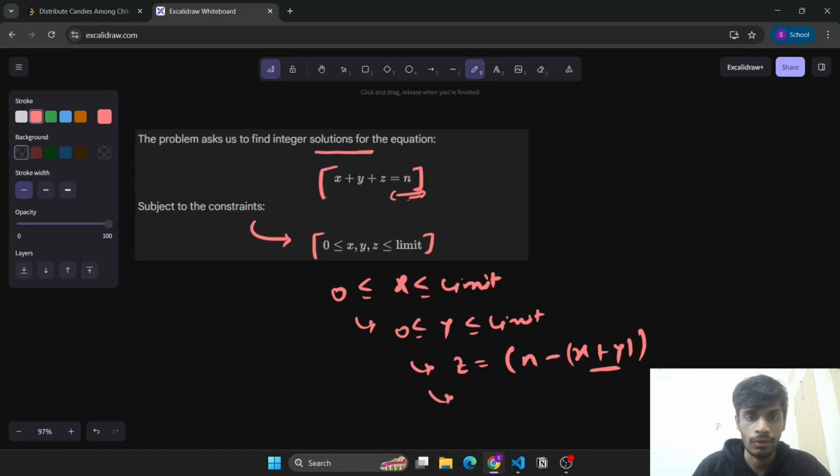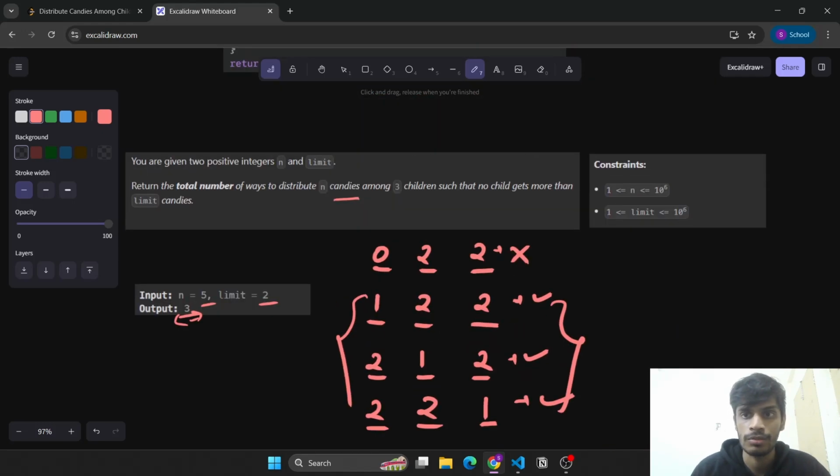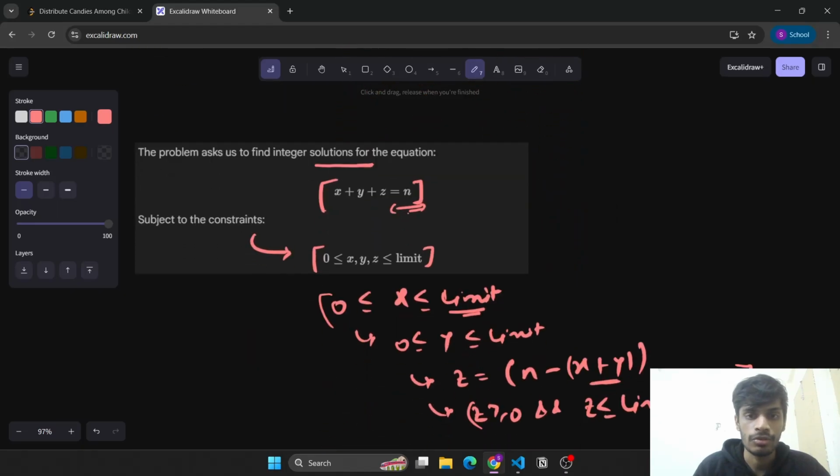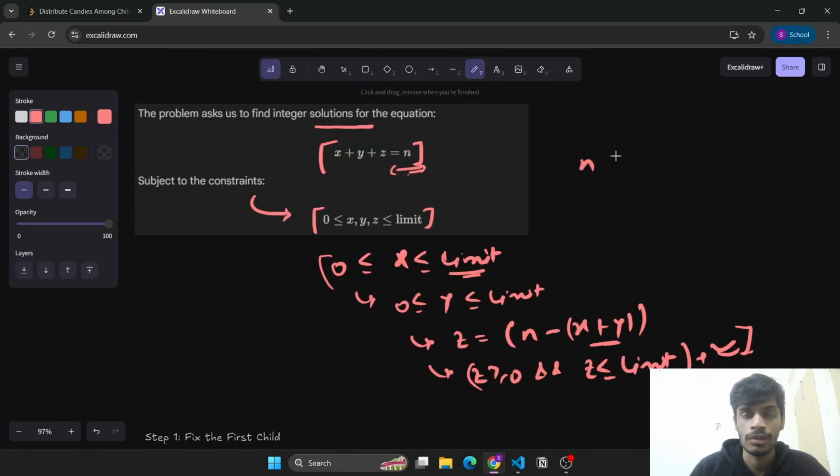Now if z follows that z is greater than or equal to 0 and z is less than or equal to limit, then we will increase our count variable by 1, and in this manner we will be able to find all possible ways of distributing. Now, since nothing is mentioned about the relation between n and limit, it may be possible that n is less than limit. So if n is less than limit, we will need to modify this constraint to minimum of n comma limit,